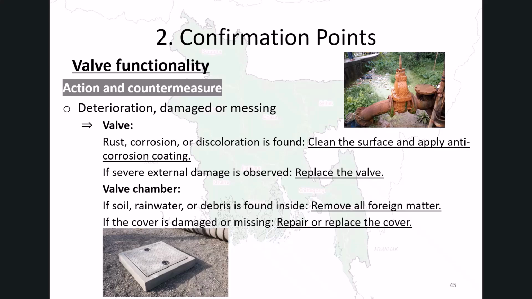For valve chambers, any soil, rainwater, or debris inside must be completely removed. In addition, if the chamber cover is damaged or missing, it should be repaired or replaced. These actions are essential to maintain proper valve operation and system reliability.